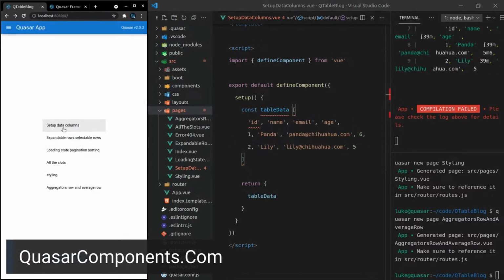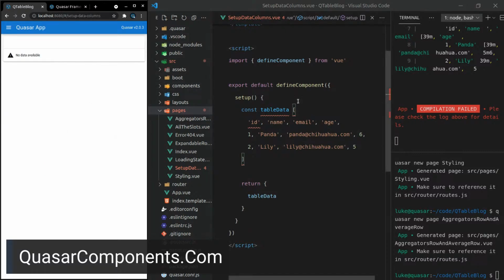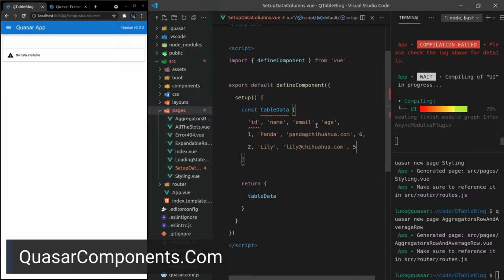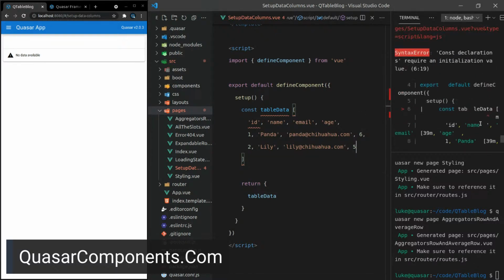So let's come in and have a look at this to see if it's working. Okay, and it's not. I think I do actually need to give it an array of objects. Sip my soju and continue on here. So, compilation error. What's this all about? Cons table data. What doesn't it like there? Oh, I use the equal sign.